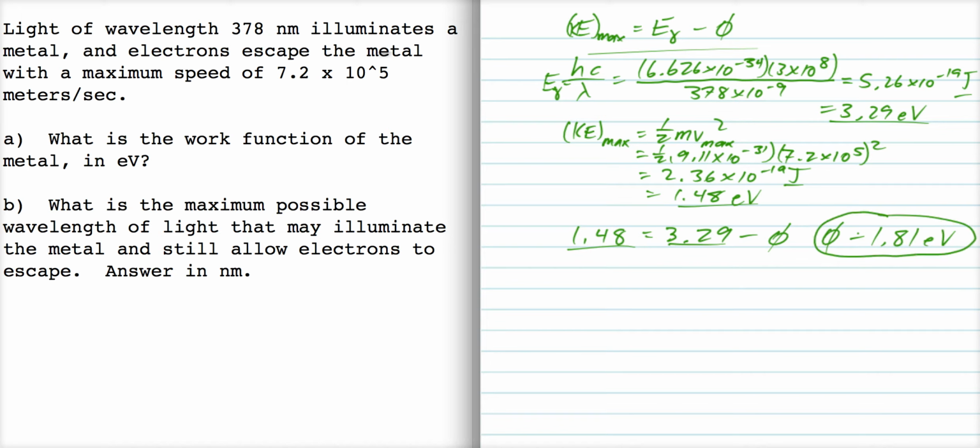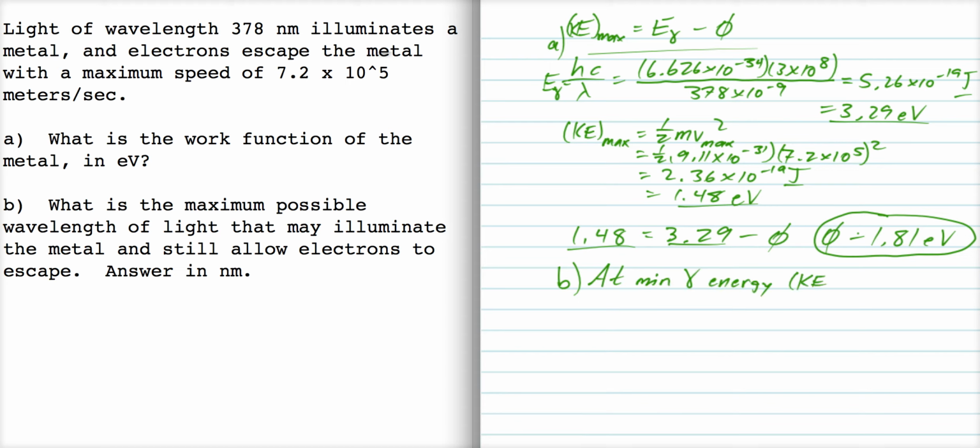Now for part B, that's part A, it says what's the maximum possible wavelength of light that may illuminate the metal and still allow the electrons to escape? So they're asking for the cutoff wavelength, right? Another way of asking that is what's the minimum energy that can illuminate the metal and still allow the electrons to escape? Well, at minimum photon energy,